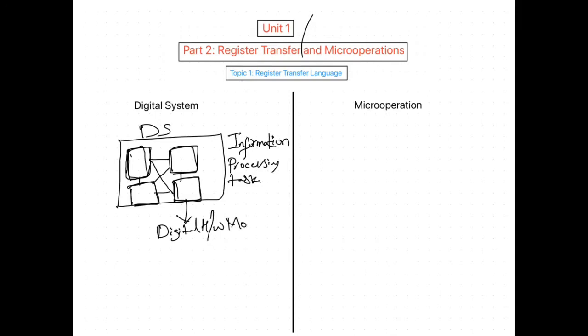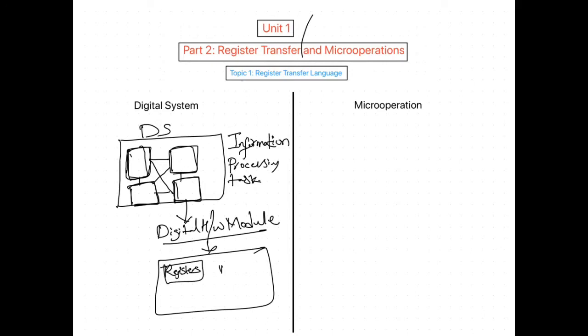This digital hardware module is constructed from digital components such as registers, decoders, encoders, and ALU circuits. So this is what a digital system is. A digital system is an interconnection of digital hardware modules that performs information processing tasks. A digital hardware module is constructed from digital components such as registers, decoders, encoders, and ALU.